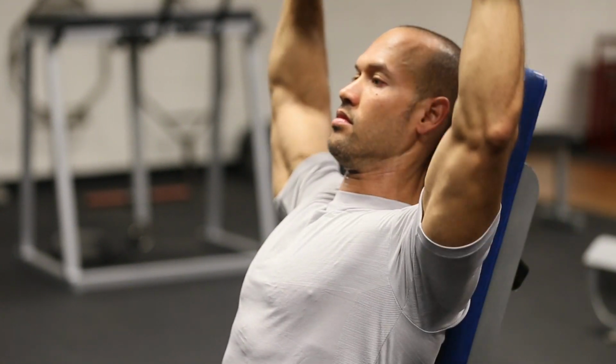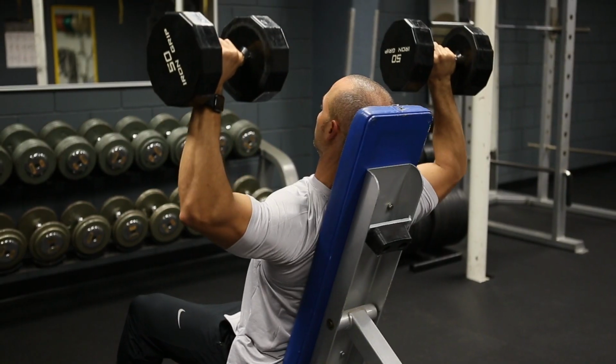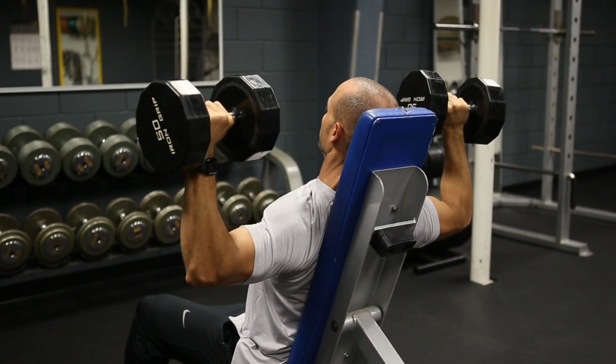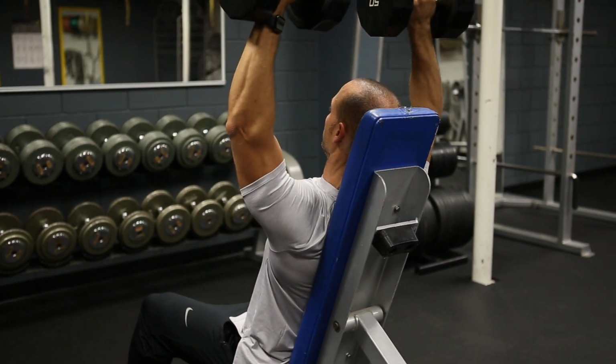Now while you're doing this, you want to still maintain your shoulder blades back and down. You don't want to be shrugging your shoulders because then you're starting to use your traps in order to raise the weight. You really want to be focusing on using just the front delt. And so you press upwards, thinking about driving through your elbows to the point just before your arms are vertically